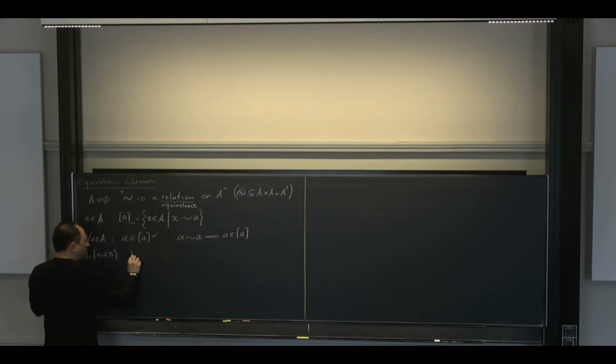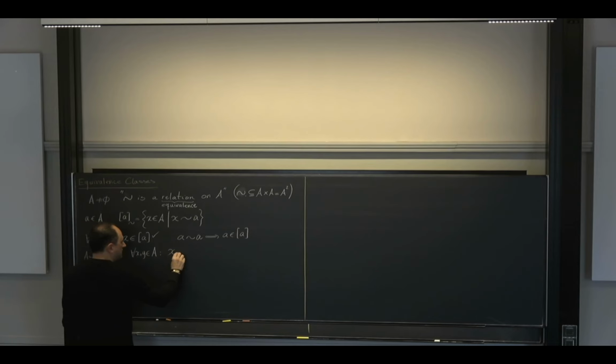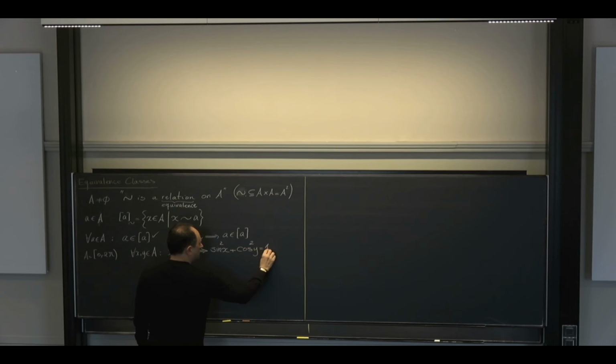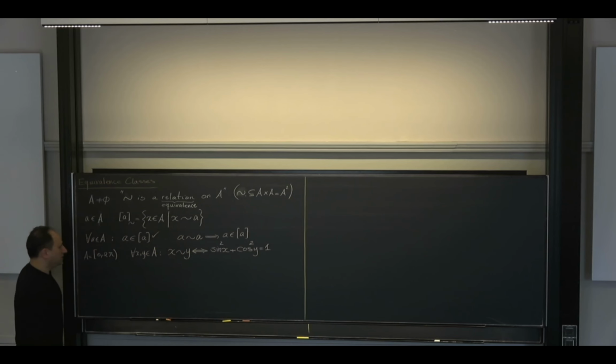And we define, for all x and y in A, x is related to y if and only if sine of the first one squared plus the cosine of the second one squared is equal to 1. This is what we showed yesterday. Do you remember? We proved that this relation is indeed an equivalence relation. And then I can talk about equivalence classes of the elements within my original set. So one of them, according to this problem,